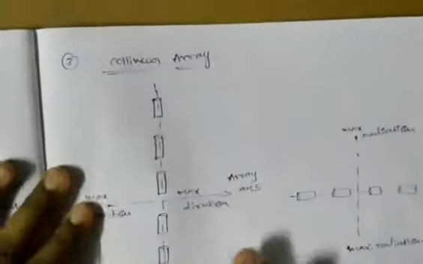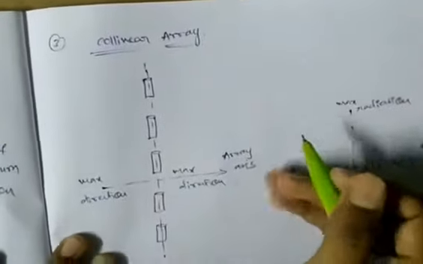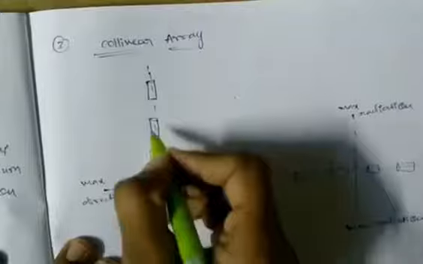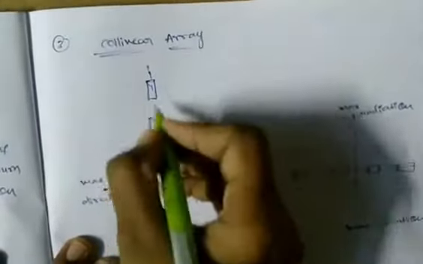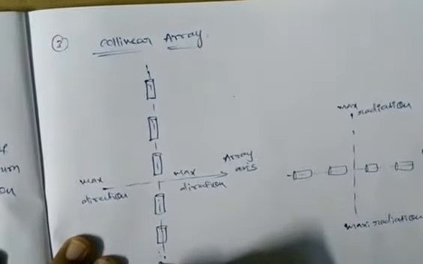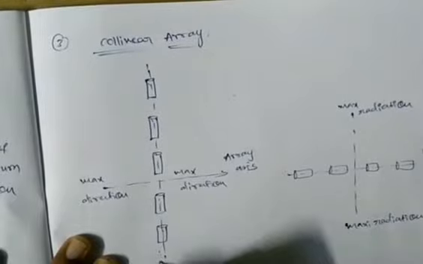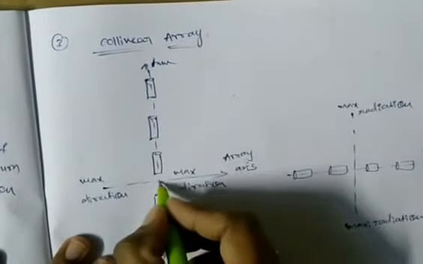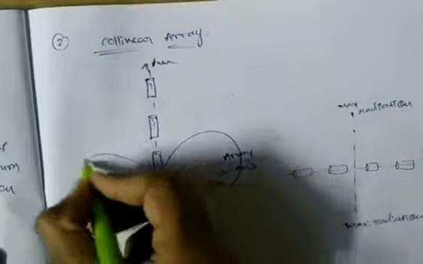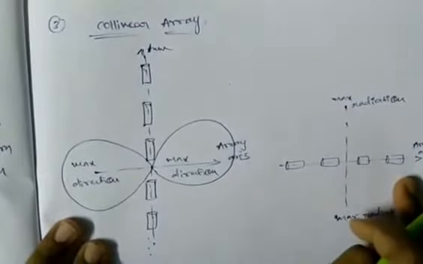Next we are seeing the collinear array. The third one is the collinear array. In this collinear array, all the antennas are connected coaxially. This collinear array is similar to the broadside array. Already we know in the broadside array, the maximum radiation exists perpendicular to the antenna array axis. Here this one is the antenna array axis, and in the collinear array, the maximum radiation is perpendicular to the antenna array axis only. So like this and like this we form the collinear arrays.